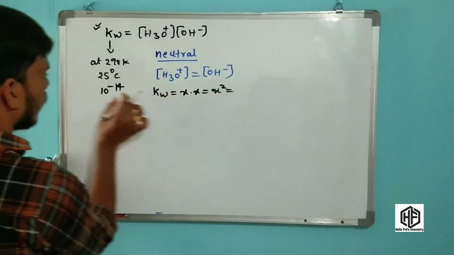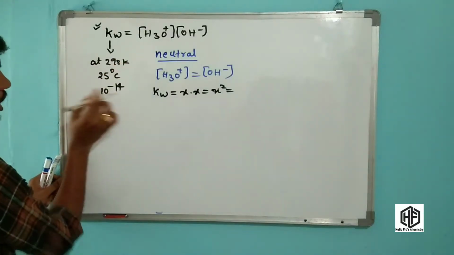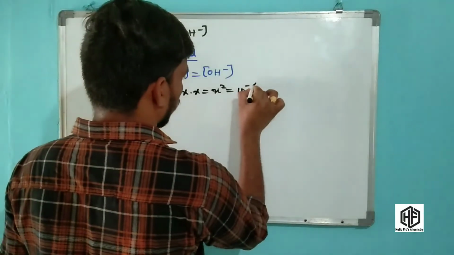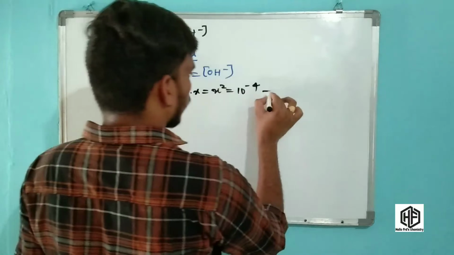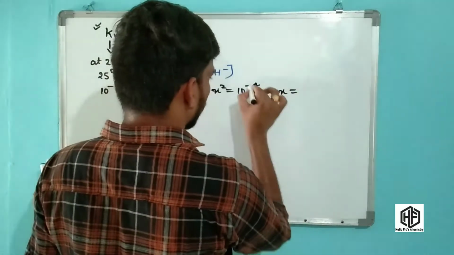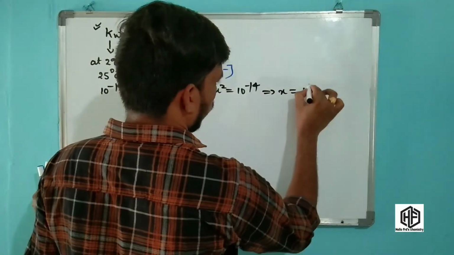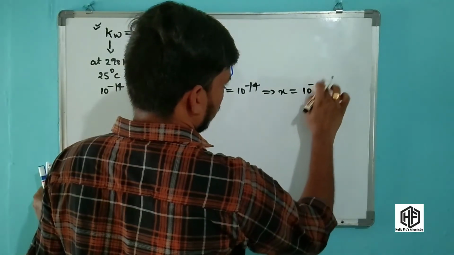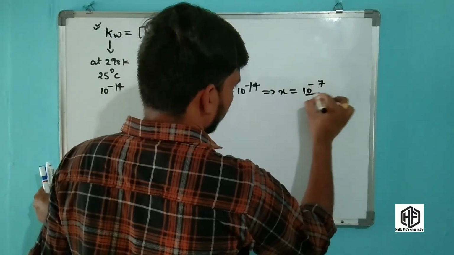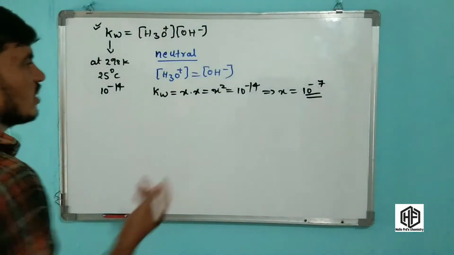X square is equal to Kw value at 298 Kelvin, which is 10 to the power of minus 14. Now X is equal to 10 to the power of minus 7. Friends, X is equal to 10 to the power of minus 7 is the